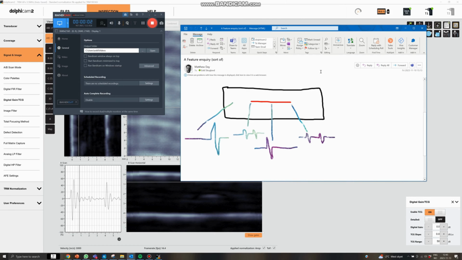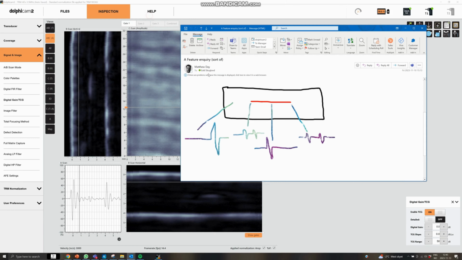Hi guys, I want to share an inquiry that I got this morning from Matthew Day. He was at a customer measuring a 10mm slot inside a material, and the customer was used to using a single element probe, so single UT technology. He wanted to indicate when, I think he meant the back wall gets smaller than the reflection from the actual slot, or he's mentioning 50%. When these both are 50%, that's when he wants to indicate and measure this distance either in C-scan or